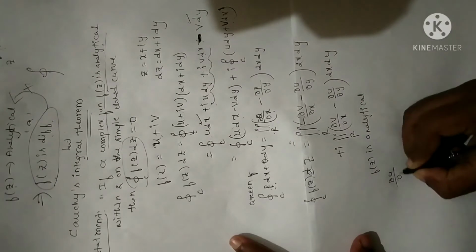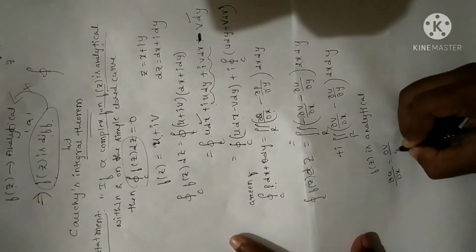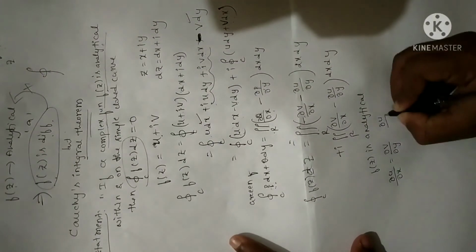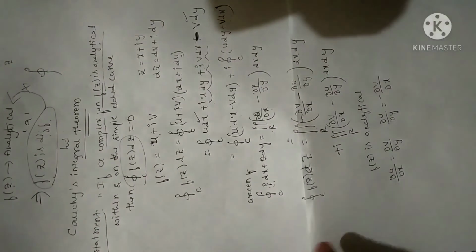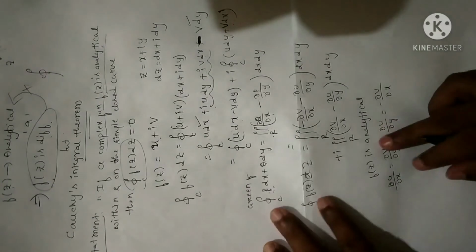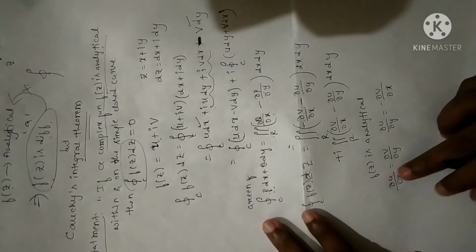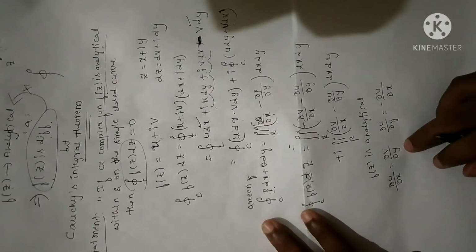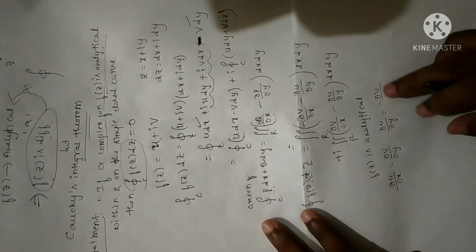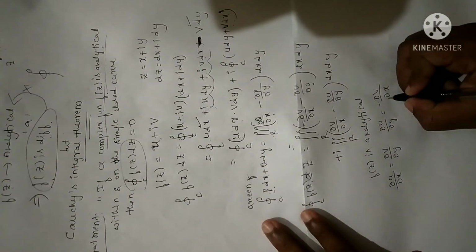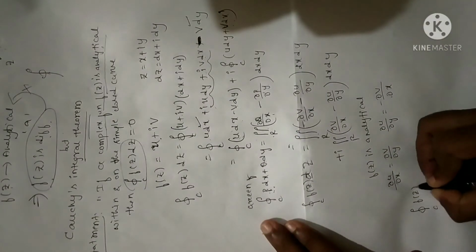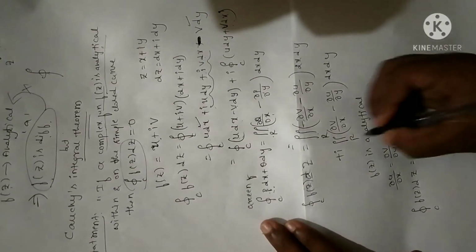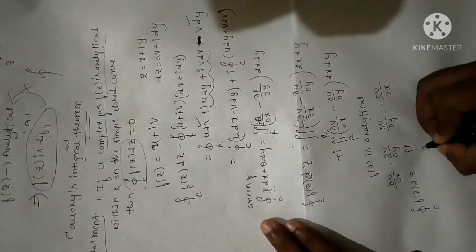Dou u by dou x will be equal to dou v by dou y, and dou u by dou y will be equal to minus dou v by dou x. Analytical function is also there in your UG classes. So if a function is analytical, we can apply Cauchy-Riemann equation. Dou u by dou x will be dou v by dou y, and dou u by dou y will be minus dou v by dou x. Now I am going to replace in the above step. So closed integral f of z dz can be written as integral over R.